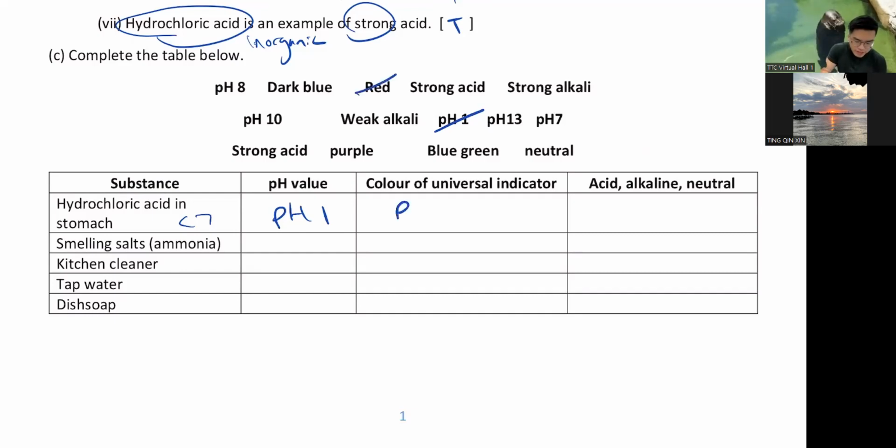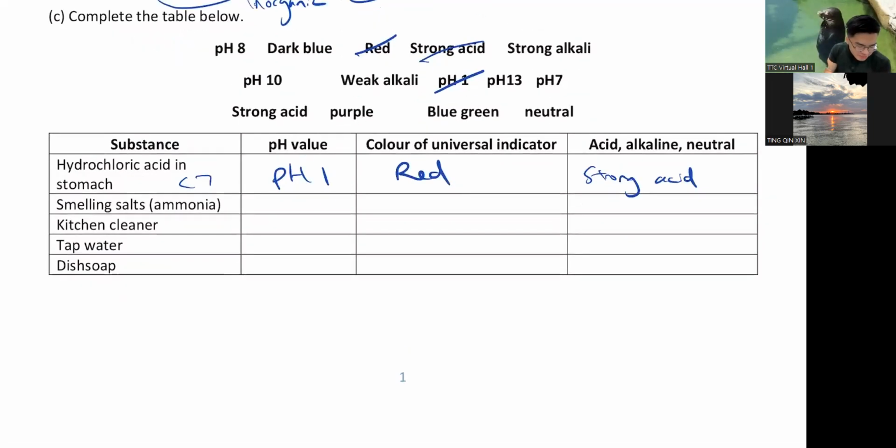So it's for sure red. 一定是红色的，因为它是 strong acid. Okay, 它是 strong acid. And then 它是 acid alkaline 还是 neutral，它是 strong acid. 这里有两个 strong acid. So we take one strong acid. Okay, easy. If you don't understand, you ask. 不要害羞，记得要问，如果不明白的话。